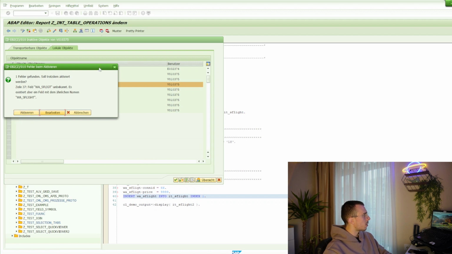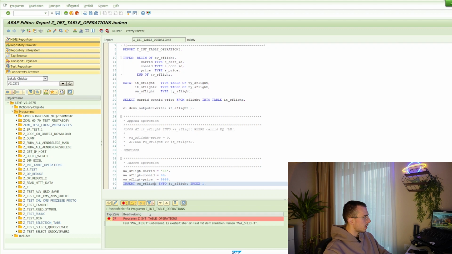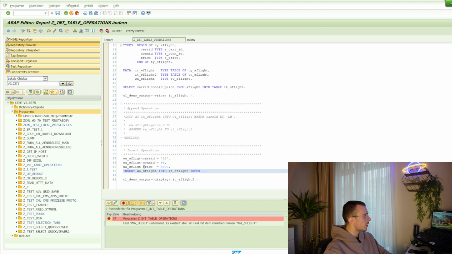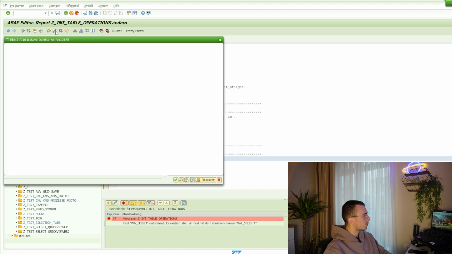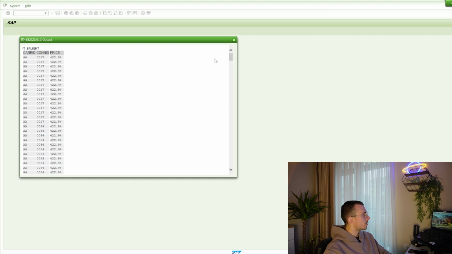We have a problem again, the same thing. Again, we have a mistake here in the name, because the work area is called flight, and I've definitely made a mistake here. No, oh, the field, there's a problem with the field, sorry, I'm missing the H here. And now we can execute this stuff, and what we have is,